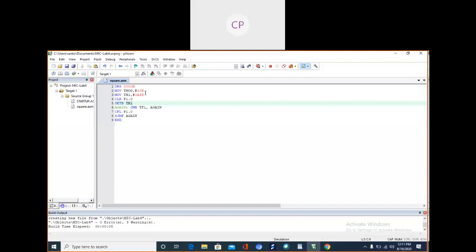If M1 M0 is 10, then it is mode 2. It is 8-bit auto-reload mode. It is up to the user which mode of the timer we use. Then 1 1 is mode 3. In that case, split timer mode is there, which means you can use 8-bit as well as 16-bit.